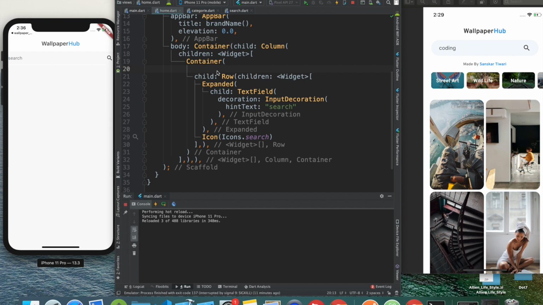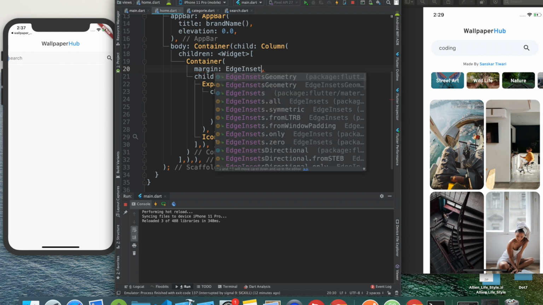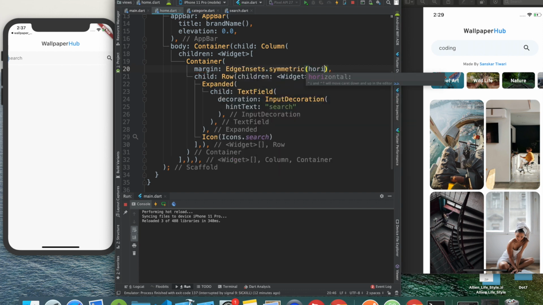So if I want to provide it a margin, we can use a container, and a container has both the properties of padding and margin. So what is the difference between padding and margin? Padding is something which is inside, so within there will be some space taken from left and right. We don't want the space taken inside, because then the color which is visible would be stretched, but we want that space from the outside. I hope that's clear now. So that's why we are using margin, and I'm going to say EdgeInsets.symmetric, and horizontally we want this to be around 24. If I save this, now you can see it's in the center, and it has some margin from here. But at the same time, if I had used padding,